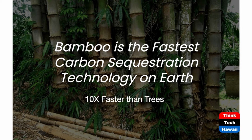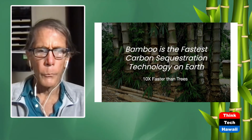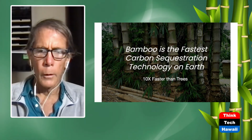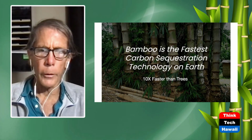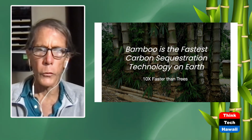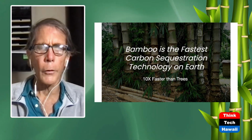Again, what's fascinating with it is it has its own economic engine. Part of that in Hawaii is a carbon sequestration program so that we're getting voluntary carbon credits for the planters for the period between when the bamboo is planted and when it's mature and first harvest. The way the carbon credits run is they're